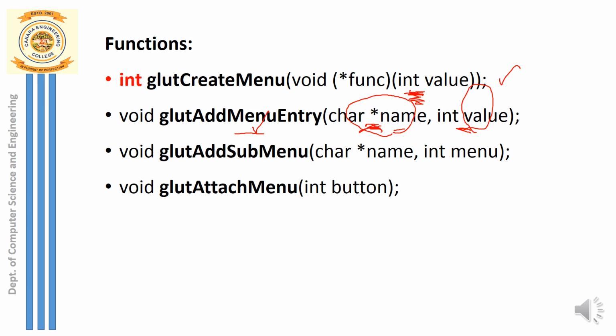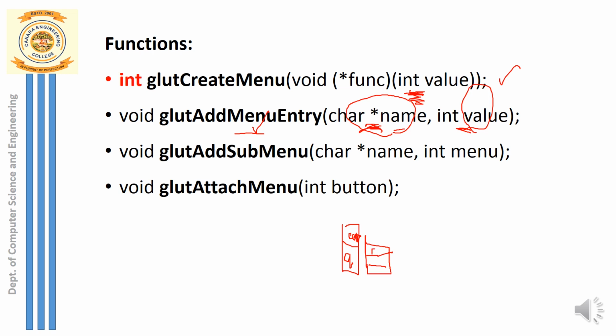Now I can also have a submenu created. So what is that submenu? Suppose I have the first option, something like color, as the first menu value. The next menu option is quit. So this is a menu: the first entry is color, the second entry is quit. This color I am going to have as a submenu again. The moment I click on this, a submenu should appear for me. The submenu is again a new menu that appears the moment I click this color option.